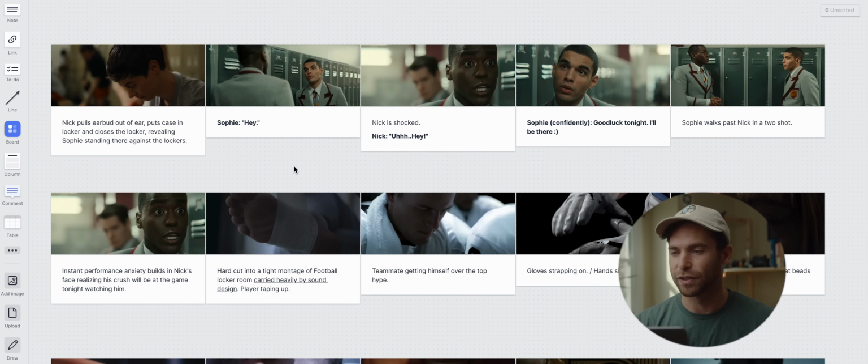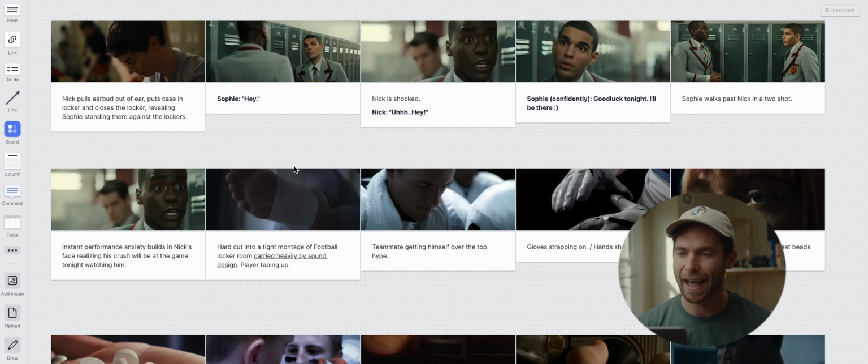So then I put together a storyboard with all the ideas that I had, just trying to make it fit into a cohesive piece. And this is really what you're gonna use to share with cast, crew, to communicate your idea, to get people on board and to understand what you're trying to get at.